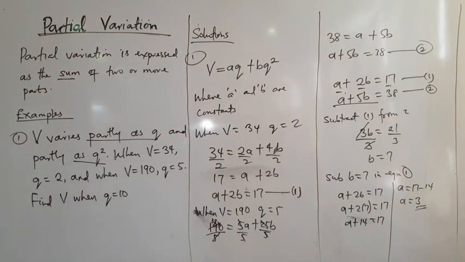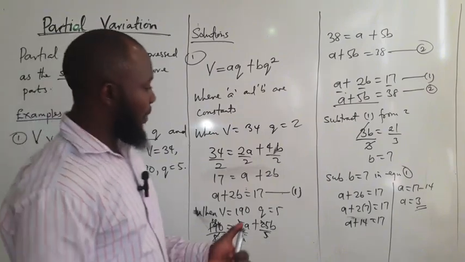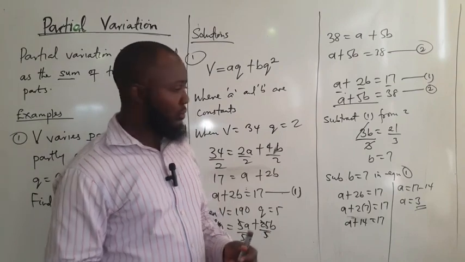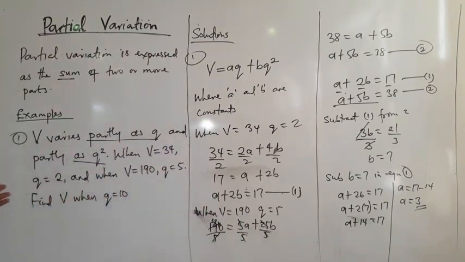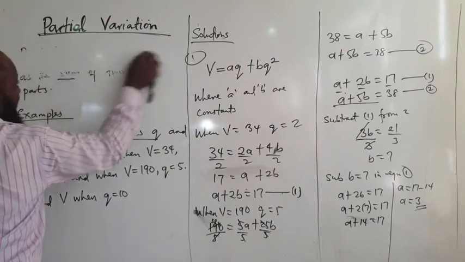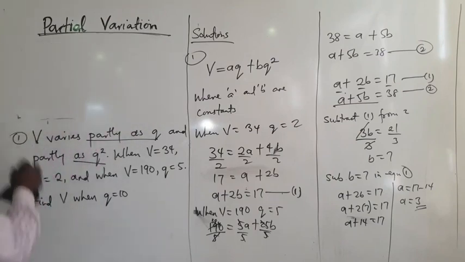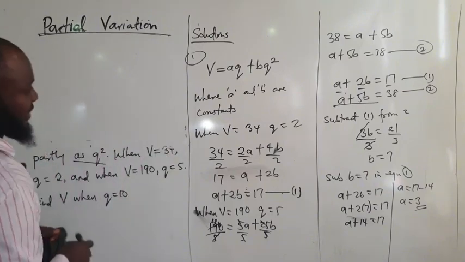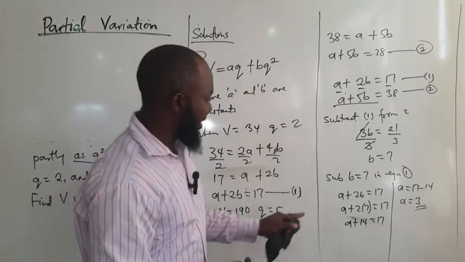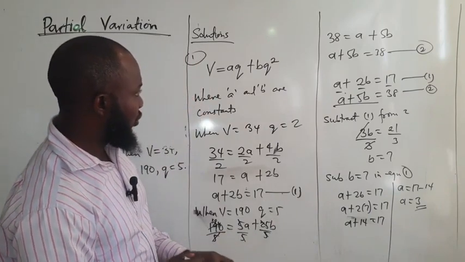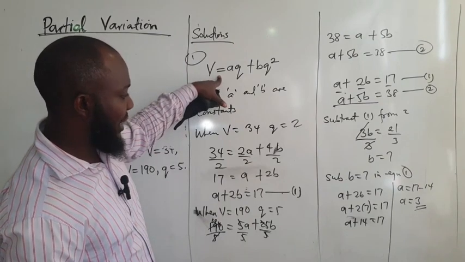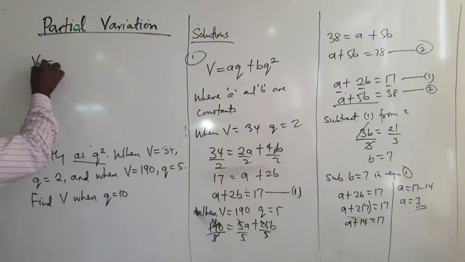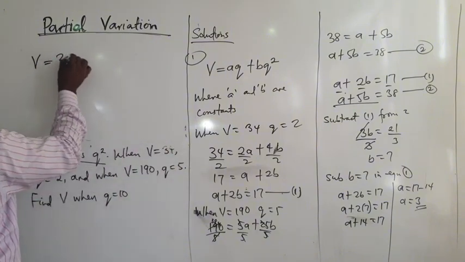But that's not what we're looking for. I told you, in any type of variation you are given, you must always find the formula connecting the variables. Here, we're not asked to find the formula connecting the variables, but we must find it. We must write it out. I hope I'm making sense. So the formula connecting the variables: we just put the values of the constants in the equation. That means we're going to have p equals a, which is 3q,